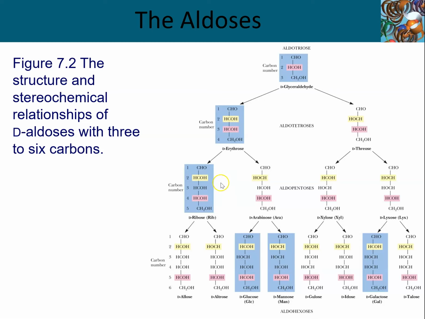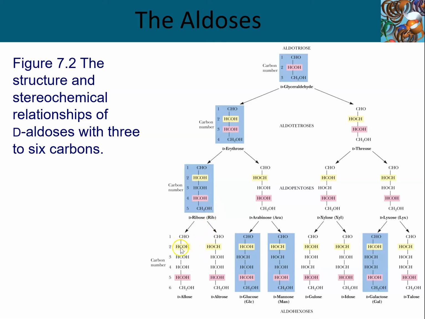Notice that as we add these new chiral centers, these new carbons, the box in pink keeps getting moved down the notch. It keeps getting a higher number ascribed to it. And so if we were to ask, why is this a D sugar? The reason it's a D sugar is because the orientation of the hydroxyl on the highest numbered asymmetric carbon is to the right. So we can do this one more time with ribose.